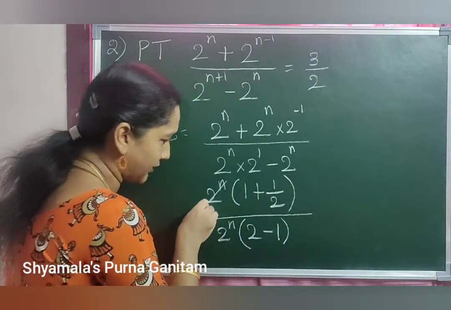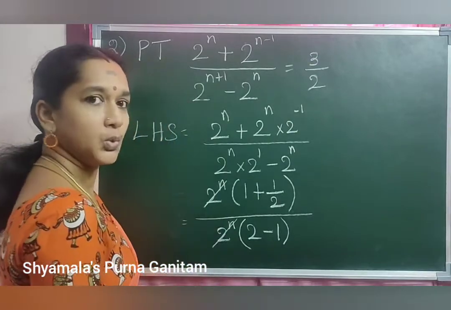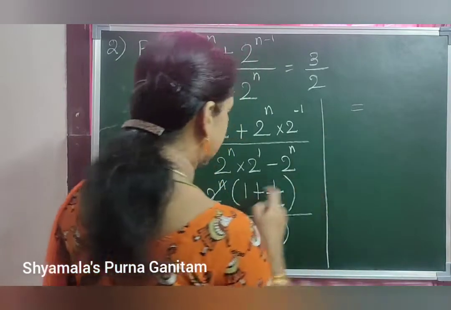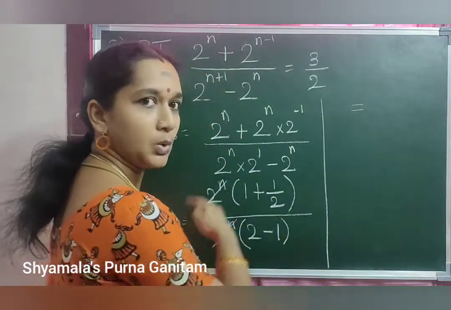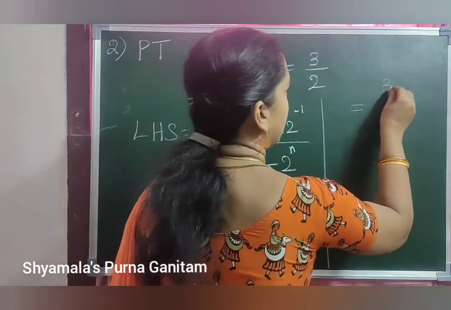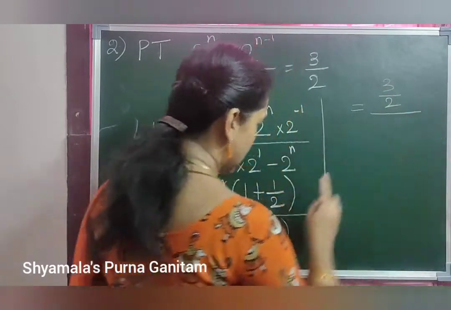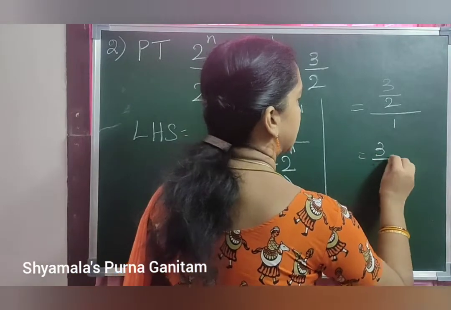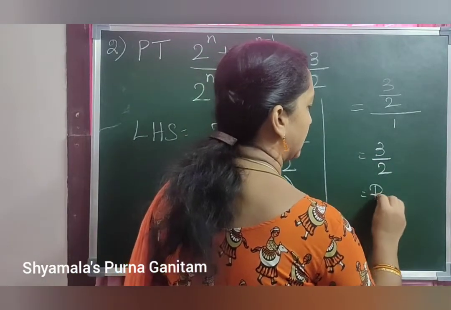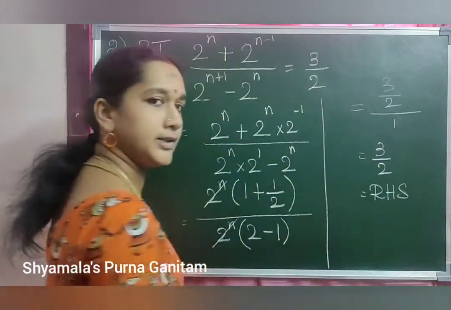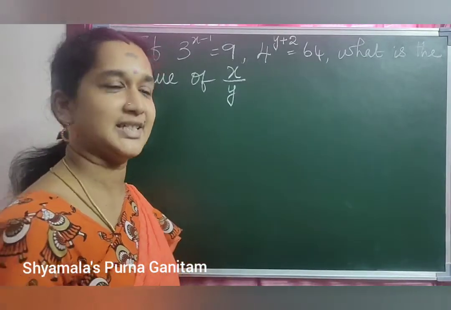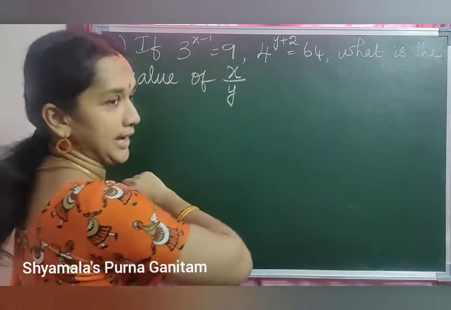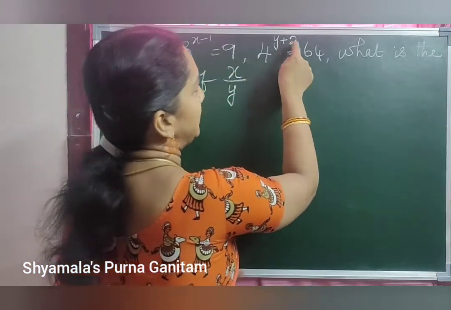So here 2 power n and 2 power n will get cancelled. So you will get 1 plus 1 by 2. When you simplify 1 plus 1 by 2, that will be 3 by 2, divided by 2 minus 1, which is 1. So you will get the answer as 3 by 2. So this is your RHS. Understood? Third sum. If 3 power x minus 1 is equal to 9 and 4 power y plus 2 is